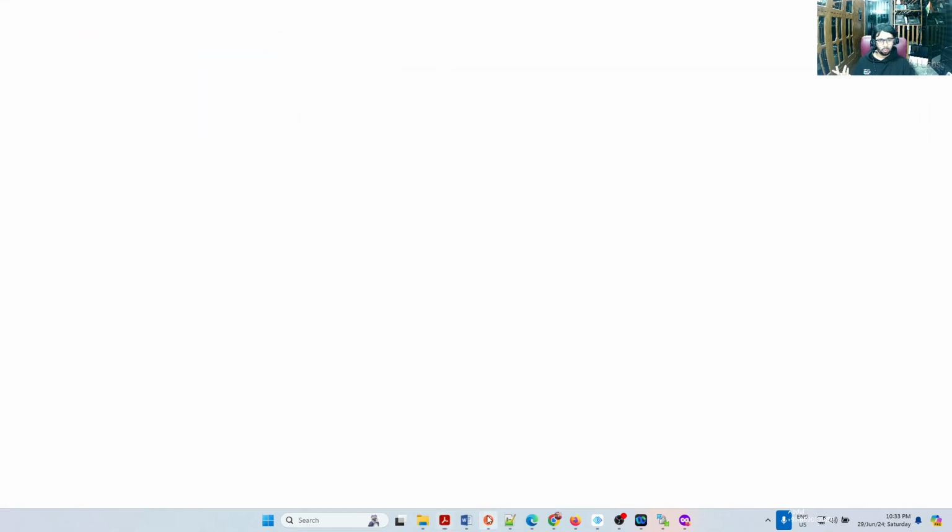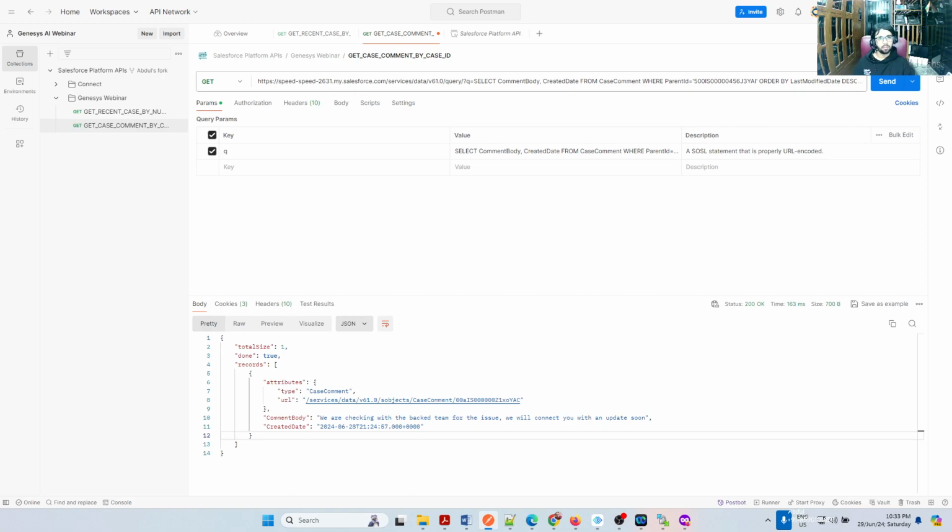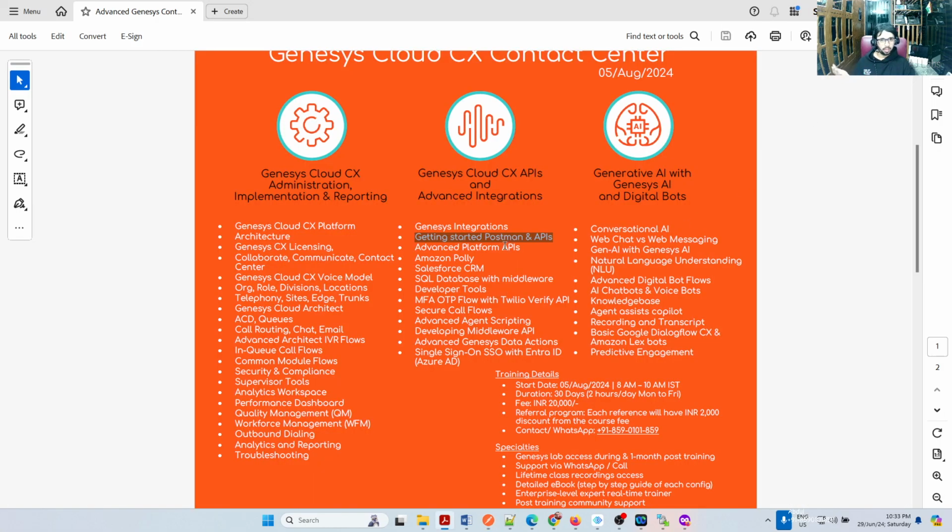Then the second section, we're going to start with Genesys Cloud integration with other things, like integration with the Postman tool. By the way, we have opened one Postman. I'll show you this one today also, how you implement a Postman API towards some third-party API. Then advanced platform API. There are a lot of APIs offered by Genesys itself. I was talking to you about agent availability, right? How you can actually check whether an agent is ready, and only then route the call. This is one logic. These are all platform APIs.